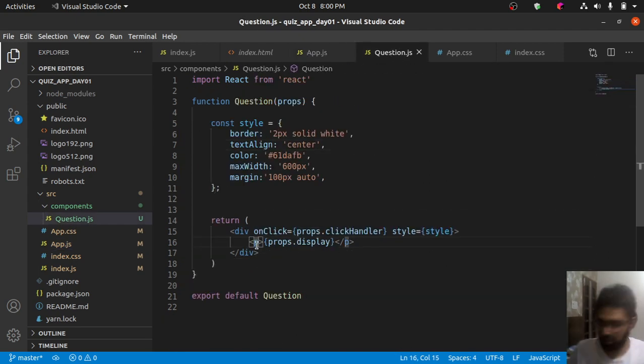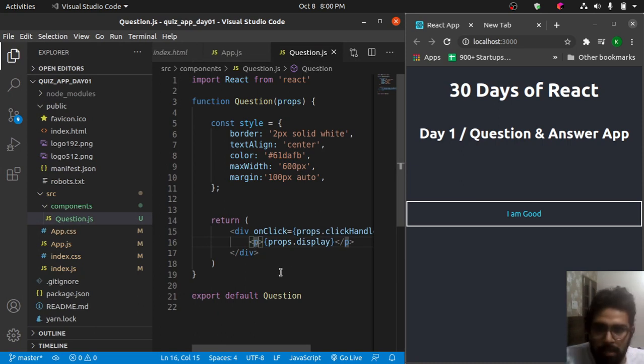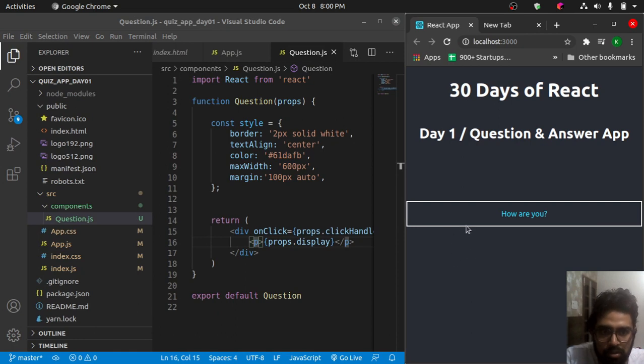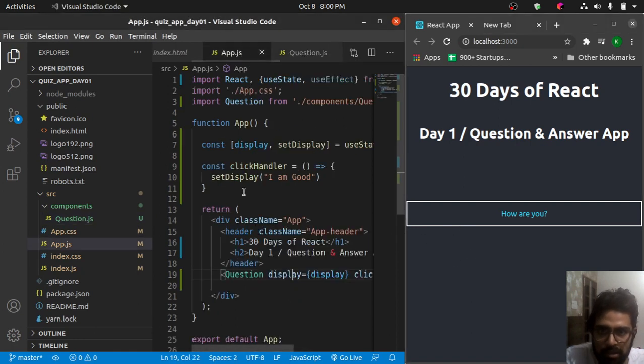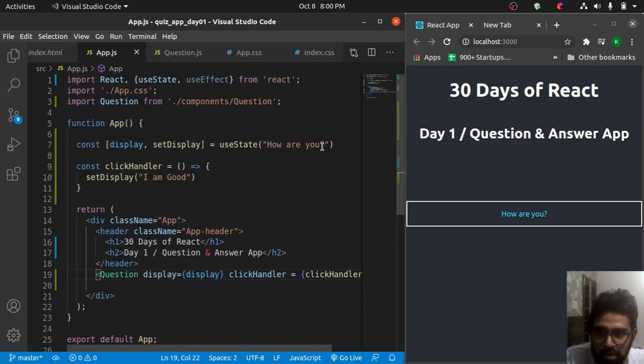You can see what's happening with this question component, let me refresh. The props.display, the state of the display, is how are you. So how are you is displayed.